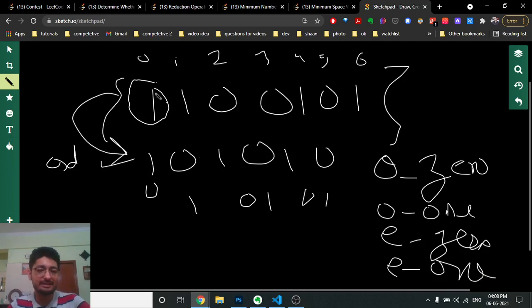So if I want to make every even position 1, I find out how many even position zeros there are, because those zeros I have to change. Plus, if I want to make everything at the odd position 0, then how many odd position ones are there? You add that. Else, if you want to make all the even positions zeros, find out how many even position ones there are, since those should be changed. Plus, if I want to make all the odd positions 1, how many odd position zeros are there? Add them. Whatever minimum is there, that's the answer for the even case, when the string length is even.